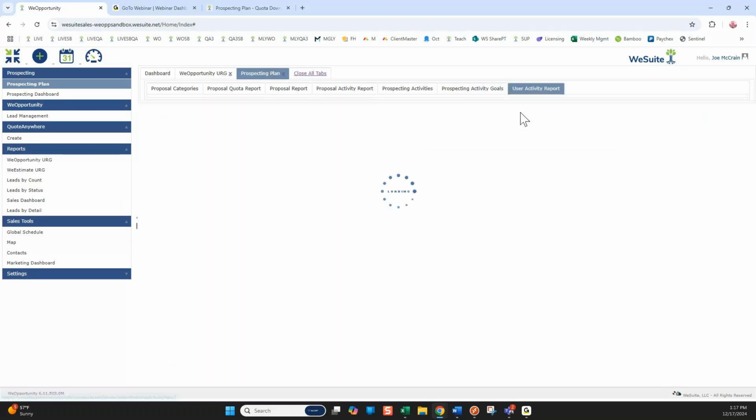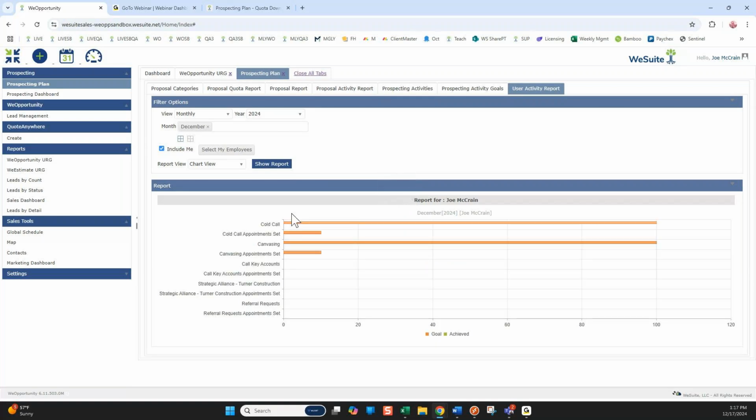And then during the month of December, I would have been actually working on those goals and creating prospecting activities, which would then start creeping up towards my goal to show what I've successfully completed. And if I get a hit, a prospect will turn into a lead, and that conversion from prospect to lead is what satisfies this appointment set. And so you'll see, I made 25 cold calls, but I hit my 10 appointments. So great, right? This isn't meant to be like, oh, well, Sam, you didn't hit your 100 cold calls. This is really meant to be,